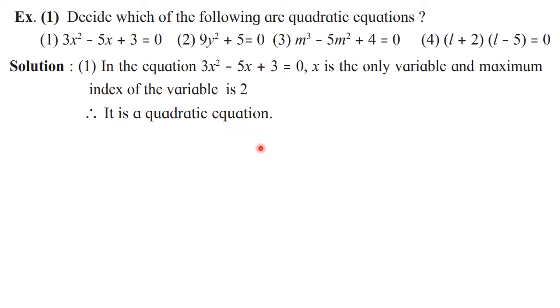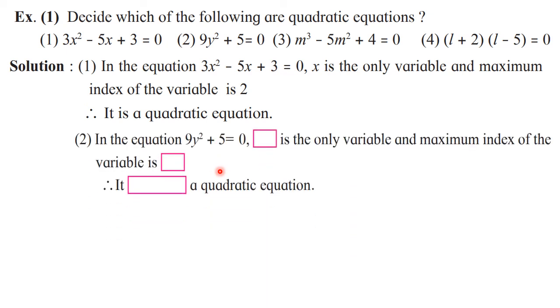Now second one, here they have given again the activity based questions. You know that question number 2a and question number 3a are activity based. So see, in the second one they have given the empty boxes and they have asked you to write down the proper answers there. So see, second one, 9y square plus 5. Okay, so here one term is missing. That missing term is what? 0y.